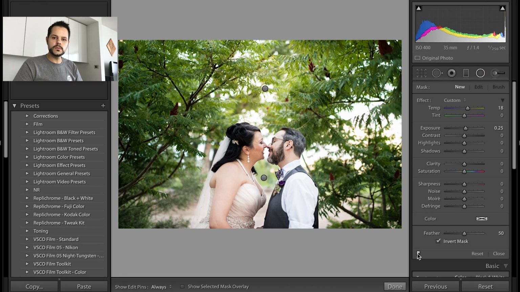I use it all the time on lots of different portraits and wedding images. It's one of those that if you haven't used it before, you might not have known how to use it, but hopefully this has shown you how to use it and that it is actually a fairly useful and easy to use tool. Now there's one other part of the radial filter that I do want to show you,